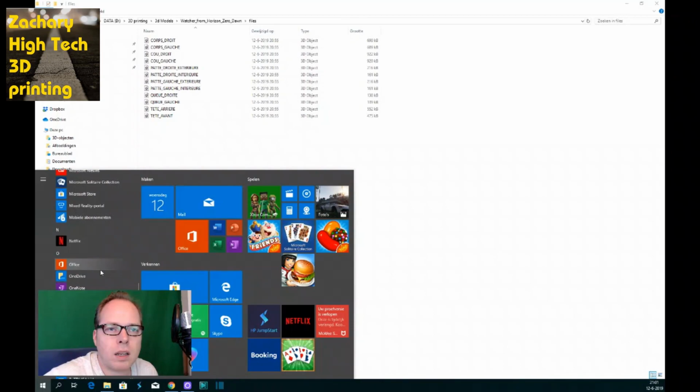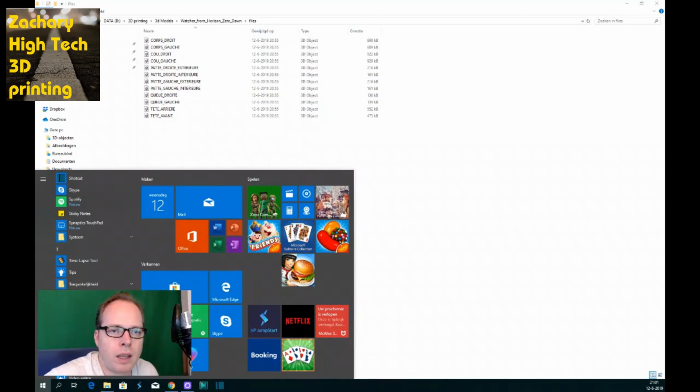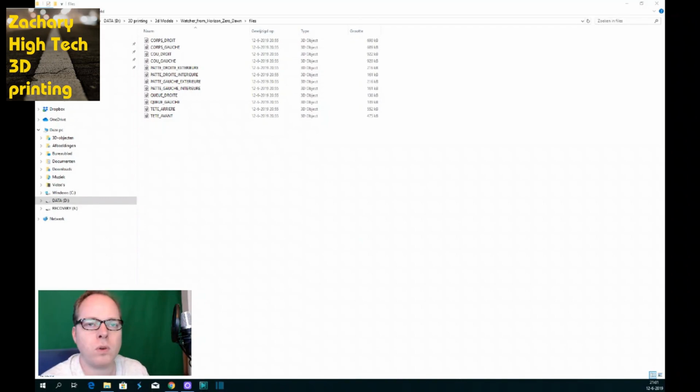Just scrolling down a bit. Yes, yeah. Ultimaker Cura. Now the program is going to